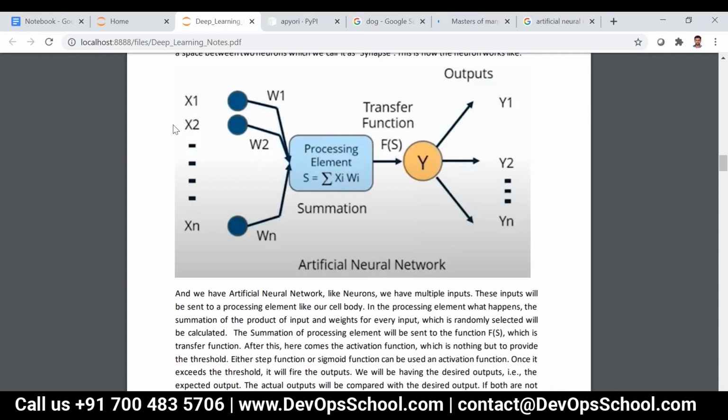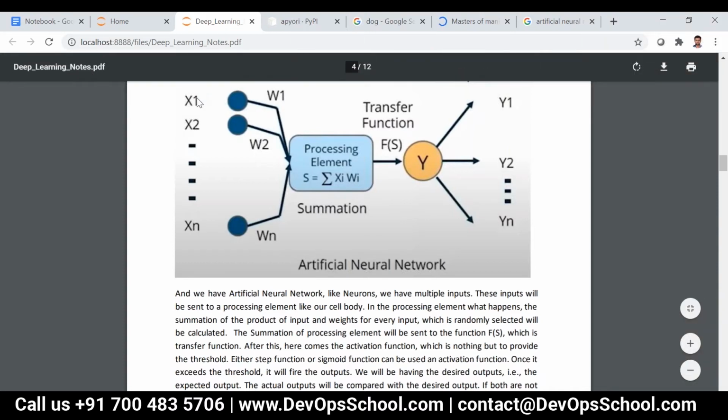We'll have n number of inputs, x1 to xn, and for each and every input, weights will be assigned. This weight will be unique across all the inputs. The same weight will never be assigned to the inputs.